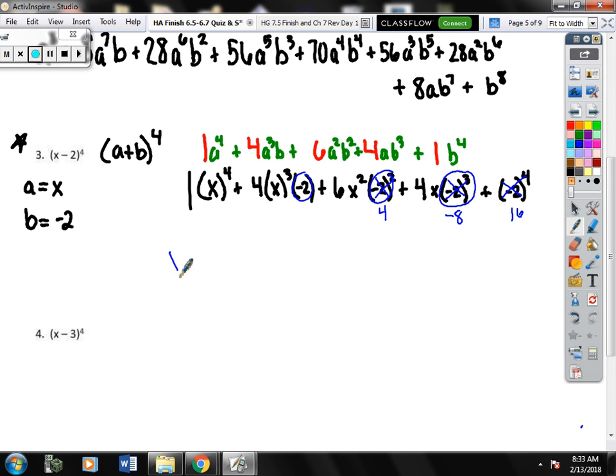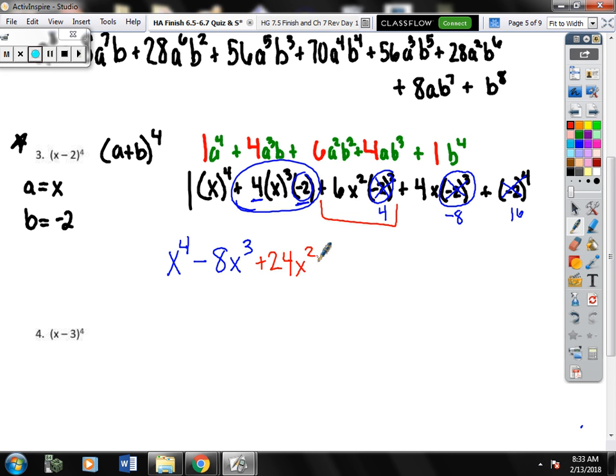So this would just be x to the 4th. Now in my second term, I need to actually multiply the 4 and the -2. So actually, let me go back. It should not be a plus. It should be 4 times -2, which will be a minus 8x cubed. Multiplying the 4 and the 2 together, get -8. All right, next term, I need to multiply my 6 and my +4, which would be a +24